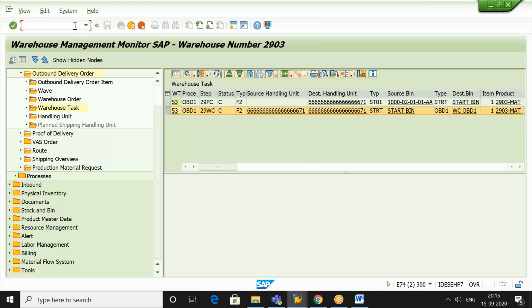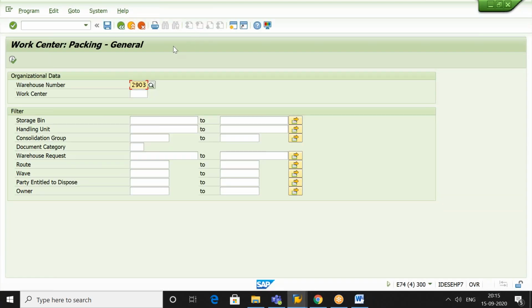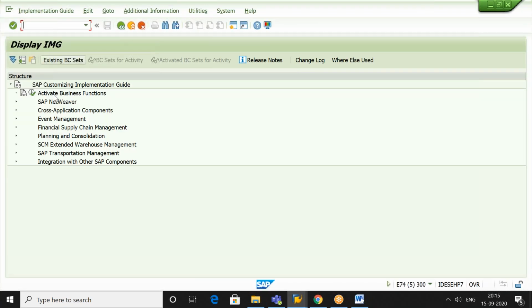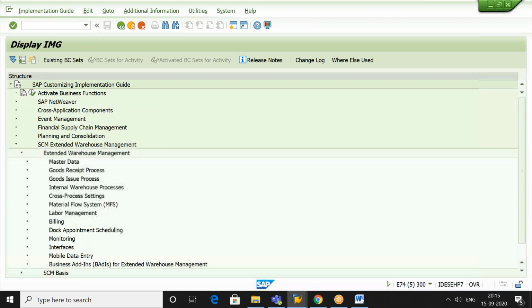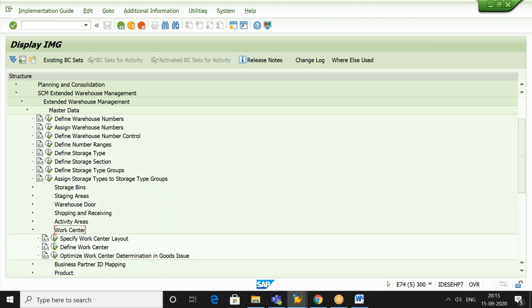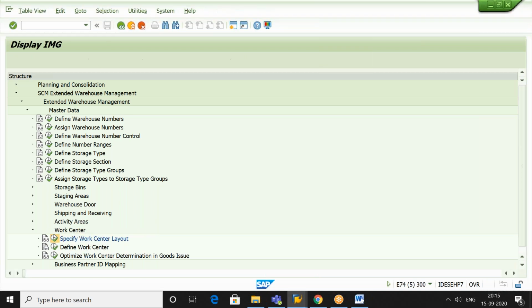Okay. So regarding pack center, let's go to that one, /o/scwprd, sorry, pack. Regarding pack center, /o spro img, extended warehouse management, master data, work center. First layout, usually it gives you